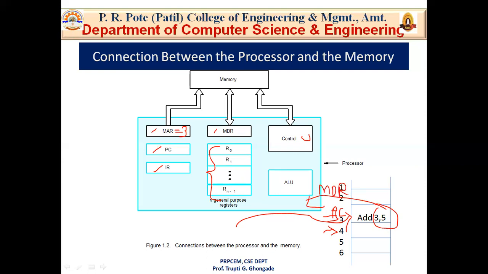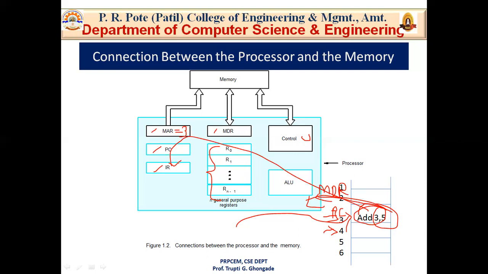MDR. Okay. And next, the contents of MDR are transferred to the IR because IR holds the instruction currently being executed. Now, the processor reads the instruction, and after reading this instruction, this data is transferred to the MDR, and after that, the instruction that is currently being executed is given to the IR, that is, the instruction register. And at this point, the instruction is ready to be decoded and executed. Okay, fetching is done. Reading is done, data is loaded into the memory data register, and the instruction that we have to execute is loaded into the instruction register.